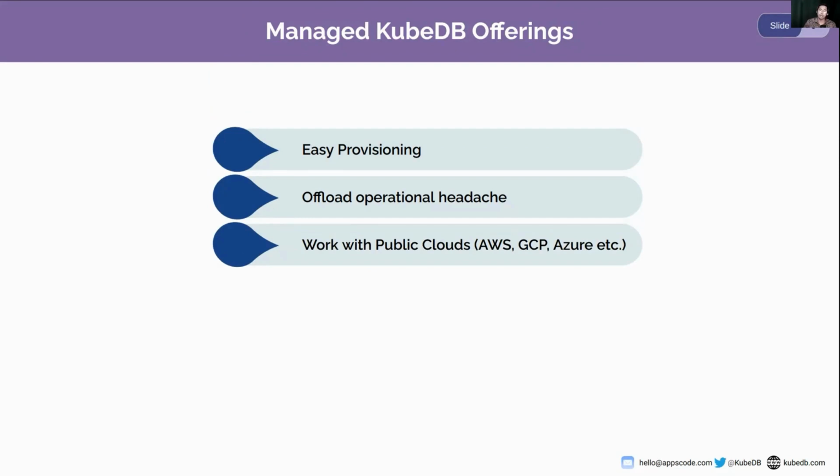Currently with our Managed KubeDB, we are working with most of the popular clouds: AWS, GCP, and Azure support. In future we will also add other popular clouds. You can already see in our UI that there are some options for cloud providers. We are heavily working on these three: AWS, GCP, Azure, but in future we are also extending our pool of cloud providers, so that from anywhere you can provision or manage your